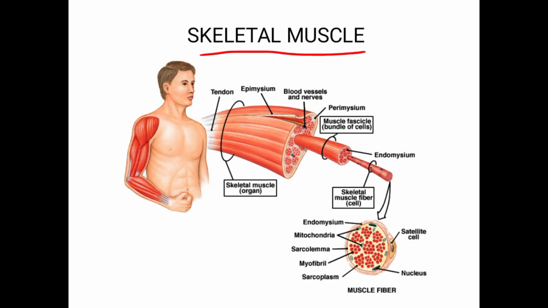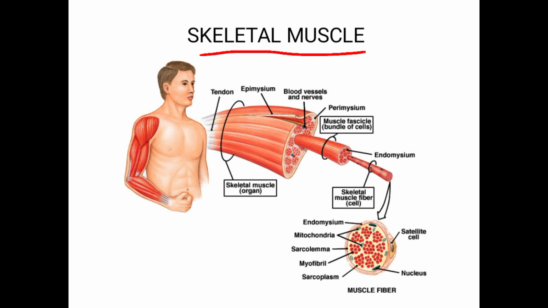So I am dealing with only the skeletal muscle, which is mainly required for the movement of the body. It is also an excitable tissue like the neuron. So excitable tissue means what? When it receives a stimulus, it will produce an action potential. Clear? Okay. Next, come to the structure of the skeletal muscle.